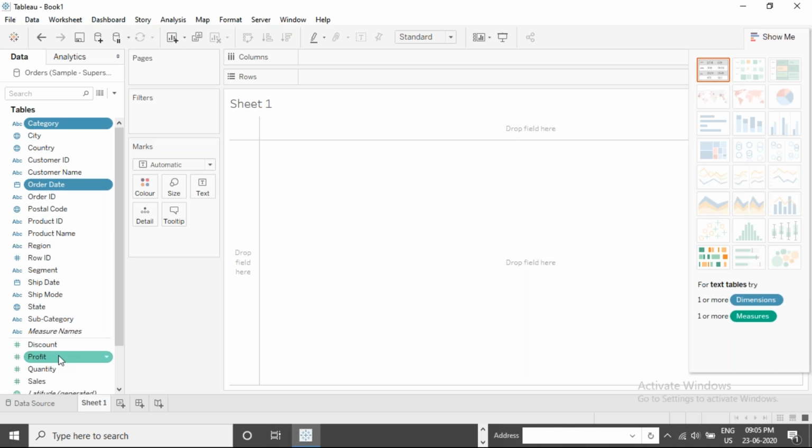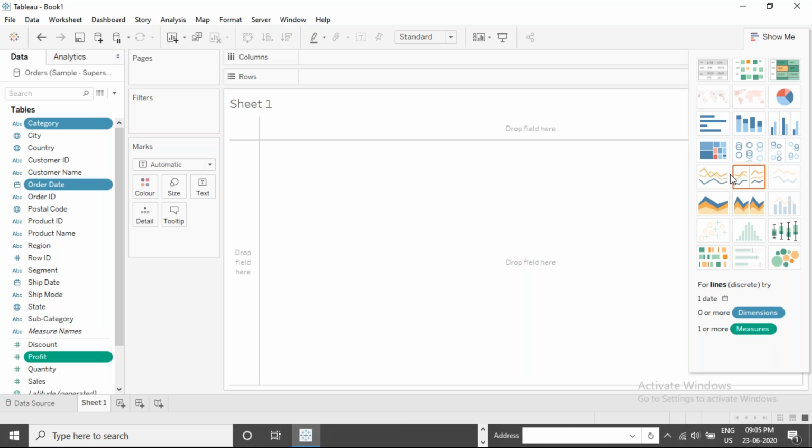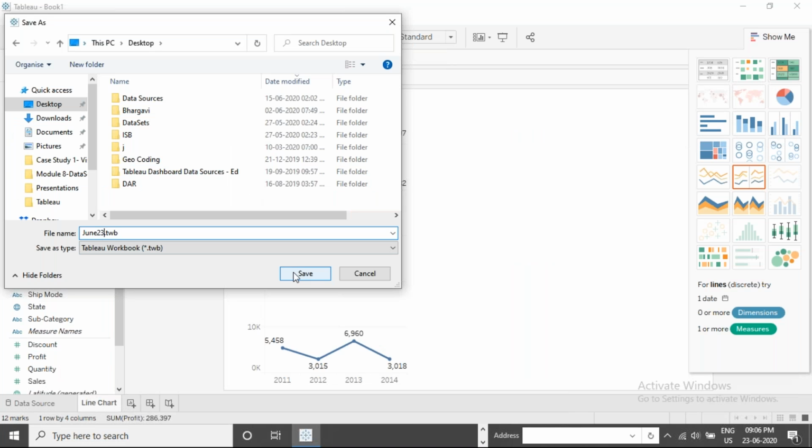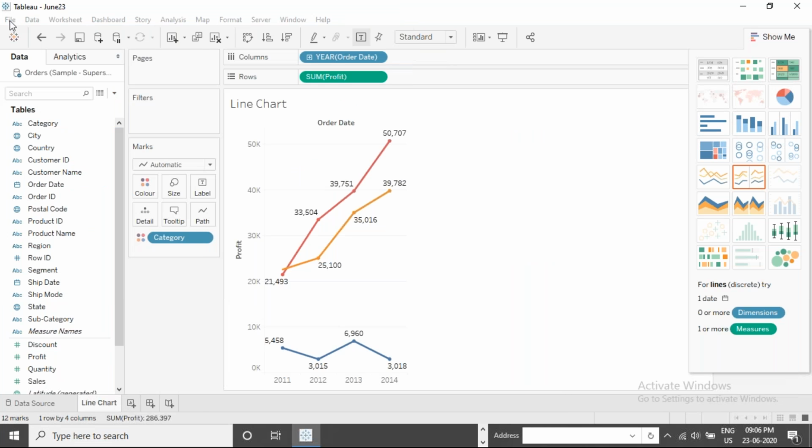There are two types of file extensions which we can use when we are saving the workbook. We can save it as a normal Tableau workbook. TWB extension will be used, and let me call it June 23rd. TWB is a Tableau workbook. We can also save it as,